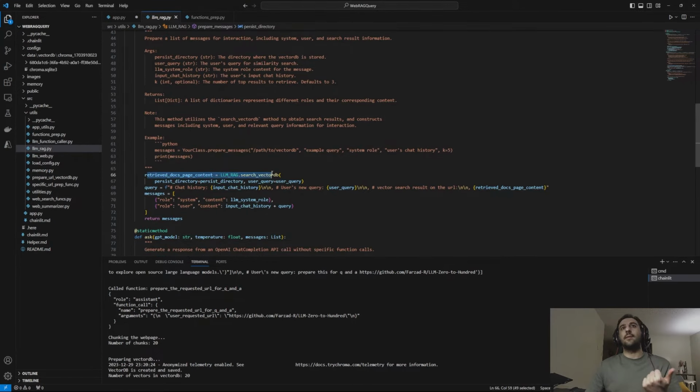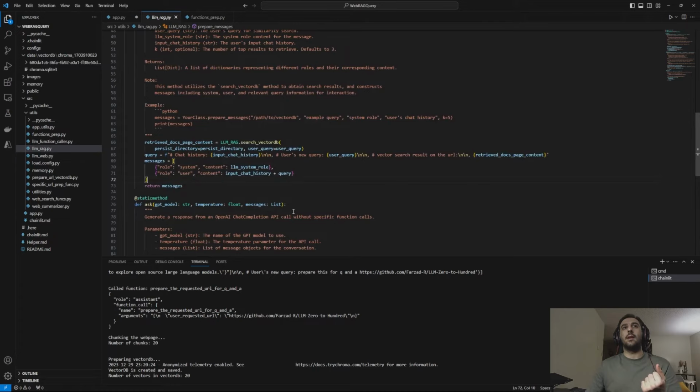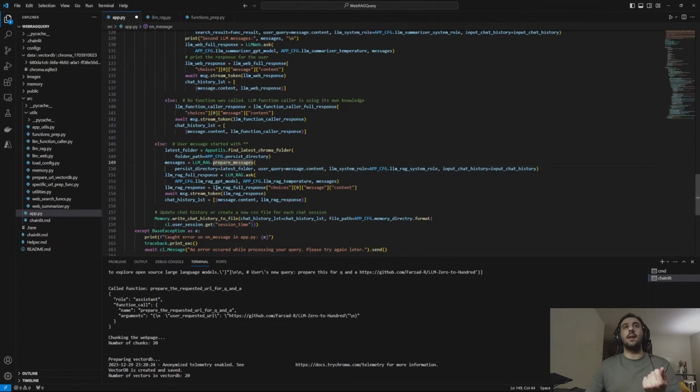First, it uses the user's query to search over the vector database and get the retrieved documents. Then it processes the retrieved documents along with the user's query and input chat history to create the input for the GPT model. In the next step, I pass that input to the LLM RAG-GPT model